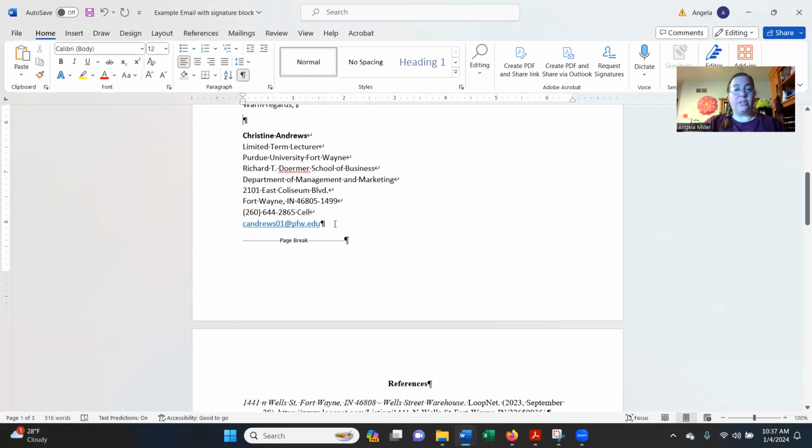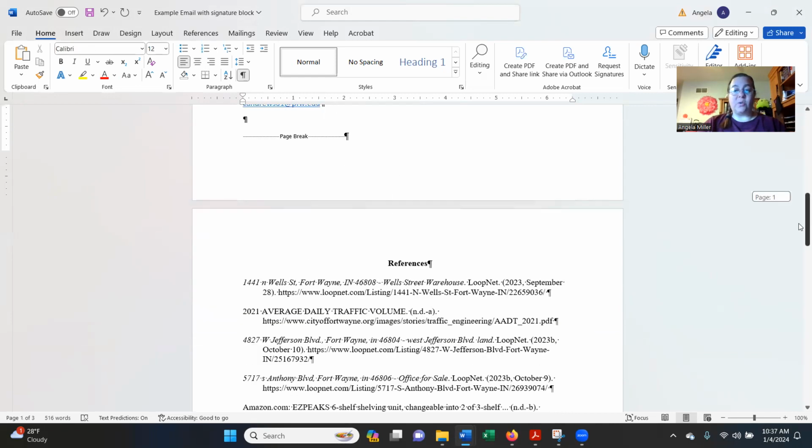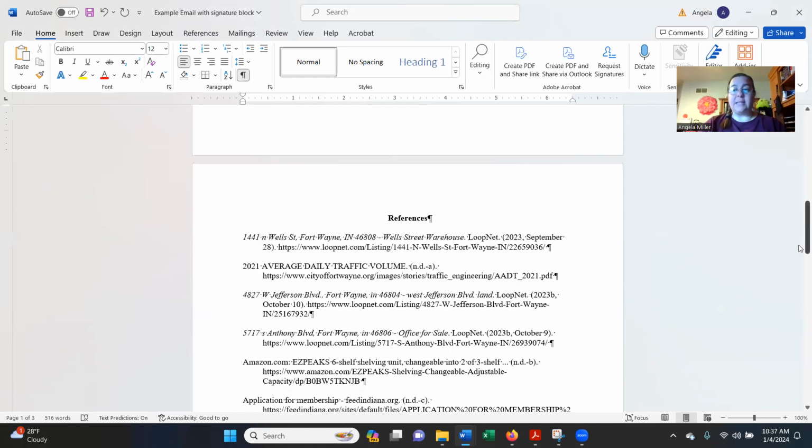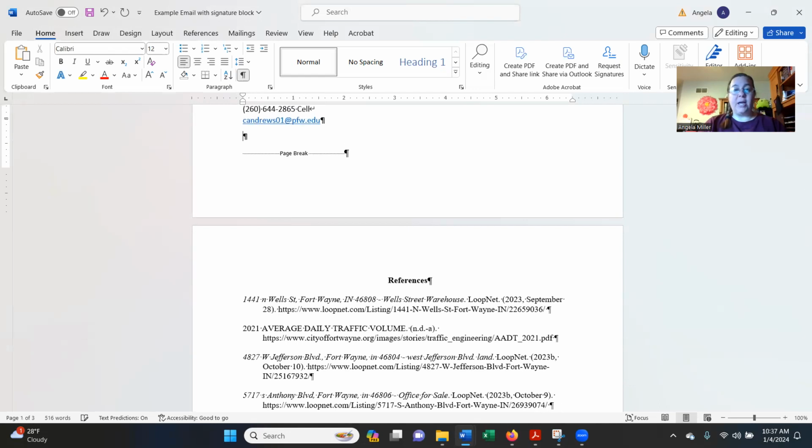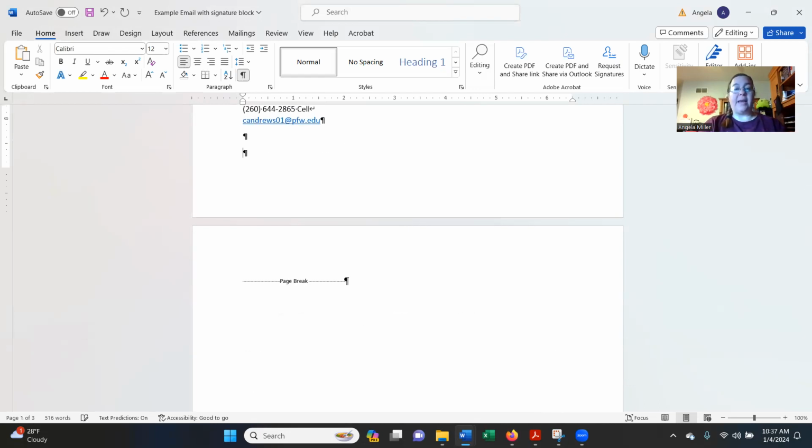So if I were to hit the enter key and I have space left, then that is going to still keep that in the exact same location. And that's exactly what we want. So no matter what changes I'm making to this page, it makes it so that it stays the same on the next one. Now, if I add an entire new paragraph, right, now you see that page break has moved,